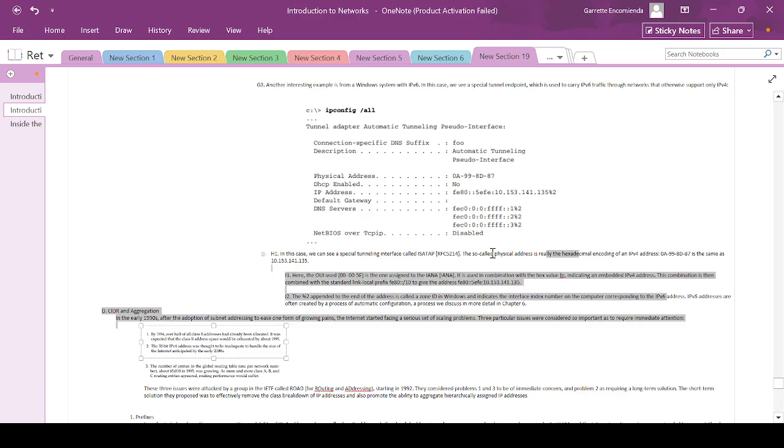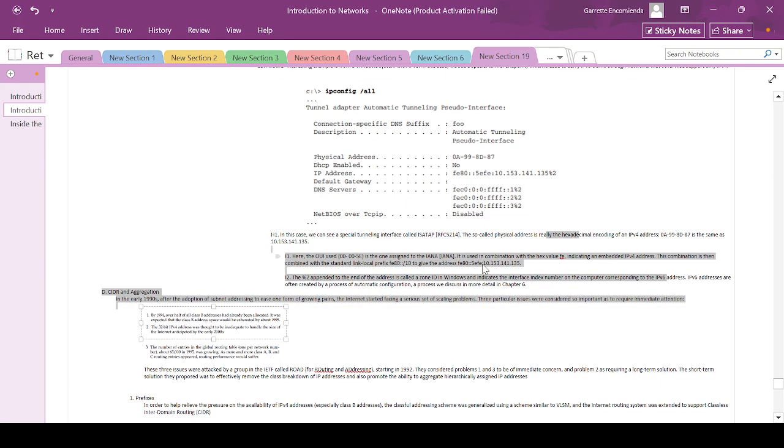So as you can see here, 00005E. Here it is. And then you need to add FE, indicating an embedded IPv4 address. This combination is then combined with the standard link local FE80, which is this. So as you can see, this hex is converted to 5EFE, which is additionally combined with the standard link local